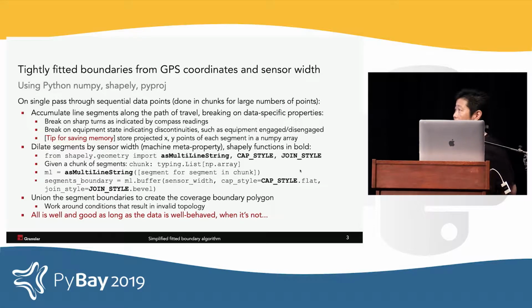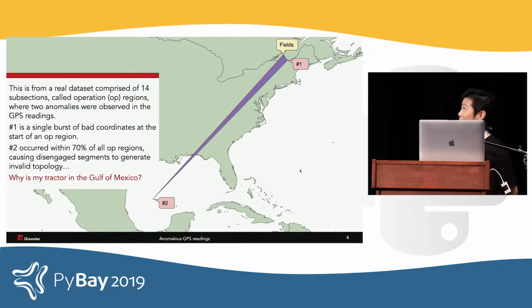So this is all well and good as long as the data is well behaved. But when it's not, you get this. So here, this is actually from a real data set, and it contains two GPS reading anomalies, one up here and one down here. This is the one that led to my question, why is my tractor in the Gulf of Mexico? The actual fields are in this tiny little corner up here, and this purple spike here shows you a convex hull around all the data points. So this is the real mystery, but before we get to that,